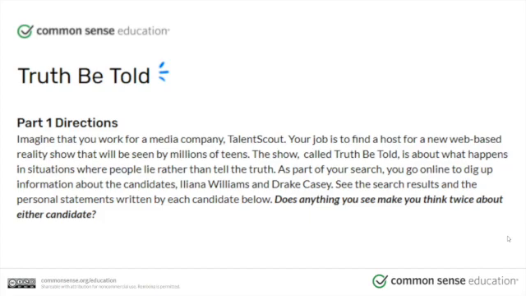What we are going to do today is take on the role of an employer, somebody who hires people, and we're going to be producing a new web-based talk show for teenagers. Our job is to find a host. We have narrowed the applicants down to 2 candidates, Ileana and Drake. Our company research department has searched online to dig up information on these 2 candidates. We will find the results attached in the following slides, and we're going to make a decision on who we should hire.